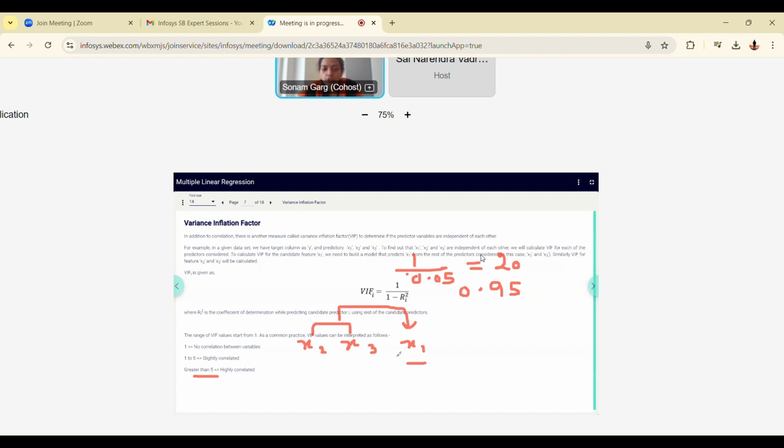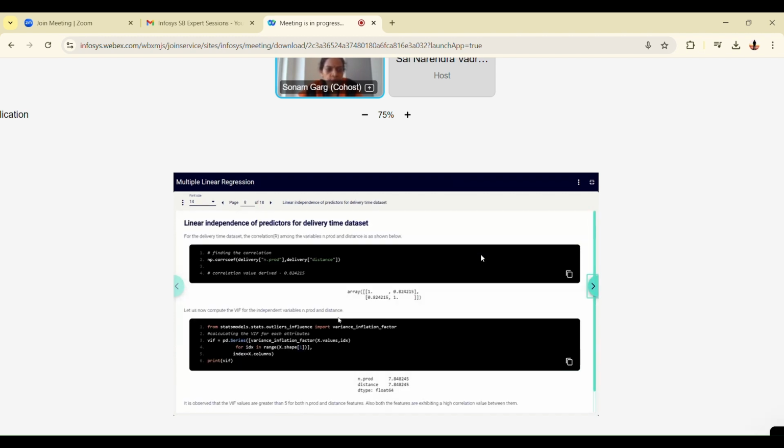Similarly, we'll do it for the next two attributes. Now we'll take x1, x2 as predictors and x3 we'll make as target and find VIF. Third group also we'll do the same. We'll take x1, x3. So what will be my third group? I'm writing here x1, x3, and then I'll predict x2 from these two, and study the variance inflation factor. So if you have multiple attributes, this can be done using a loop.